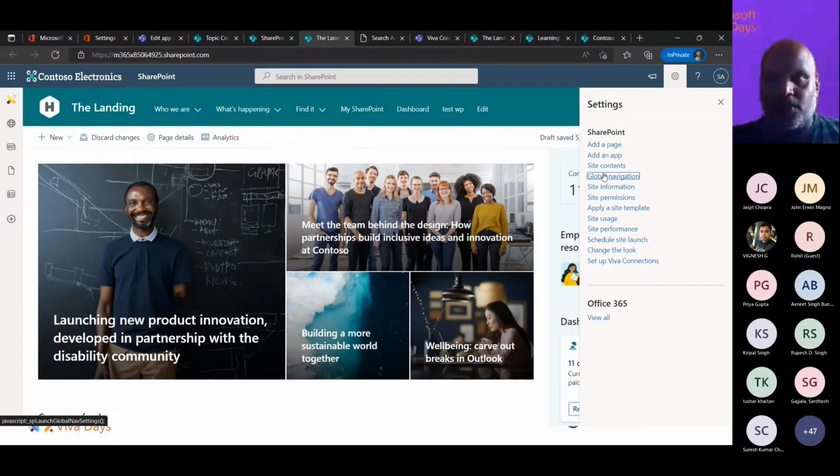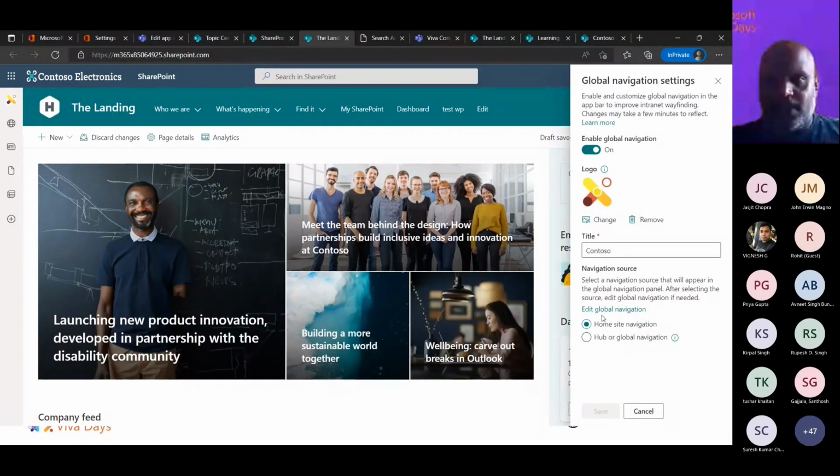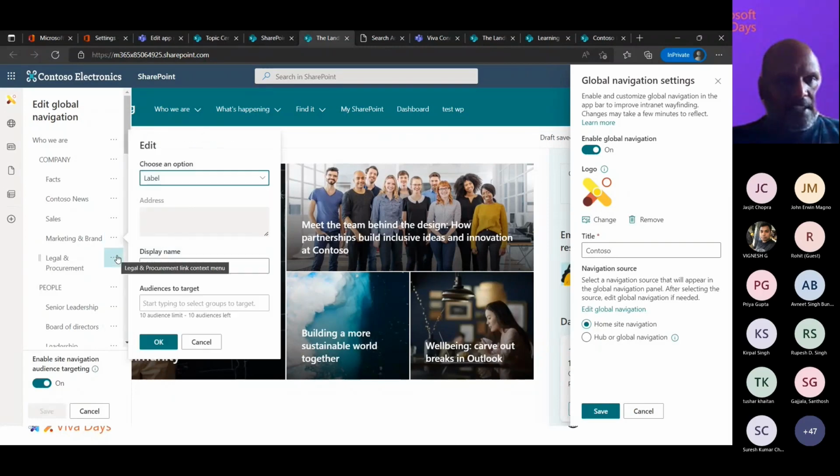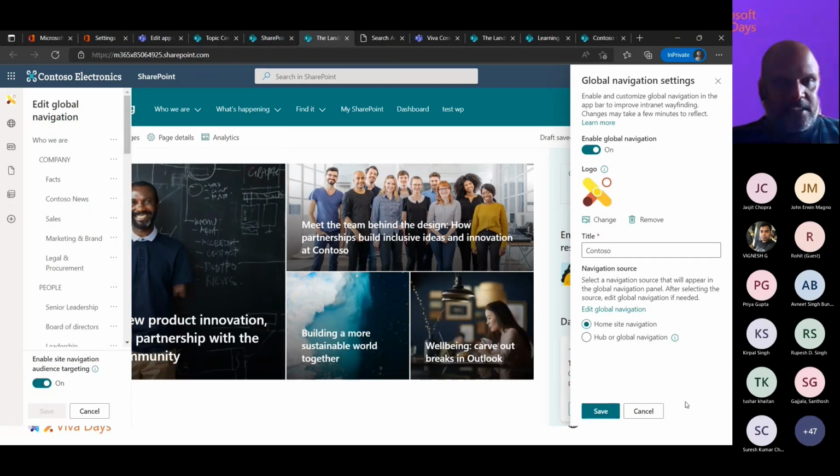So go to global navigation and then edit global navigation. You can see, you can enable the audience targeting here and then select a particular topic or heading. And then here you can set who the audiences can be. Apart from that,